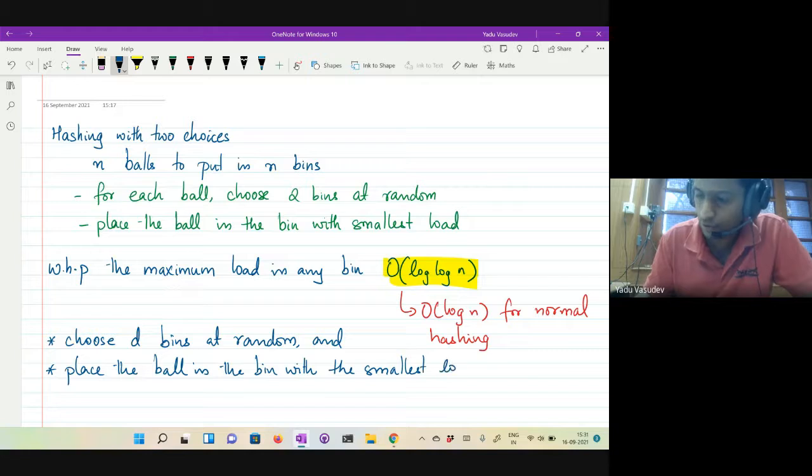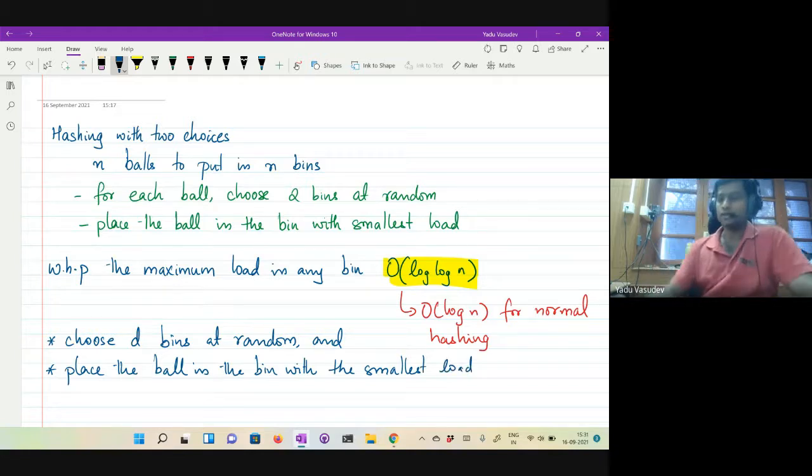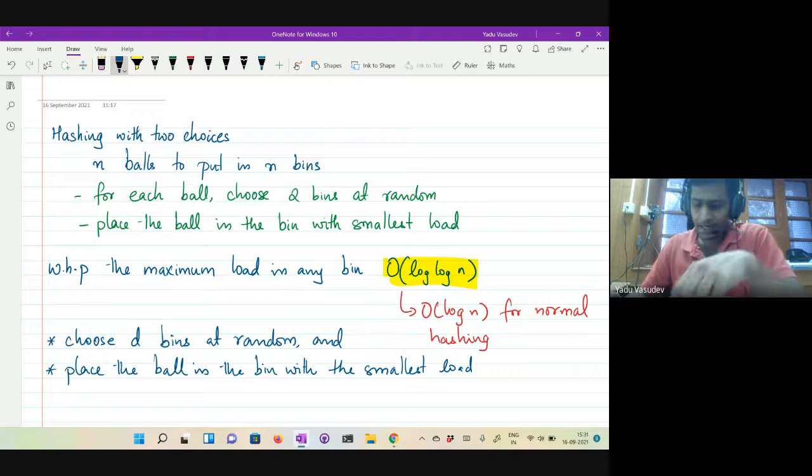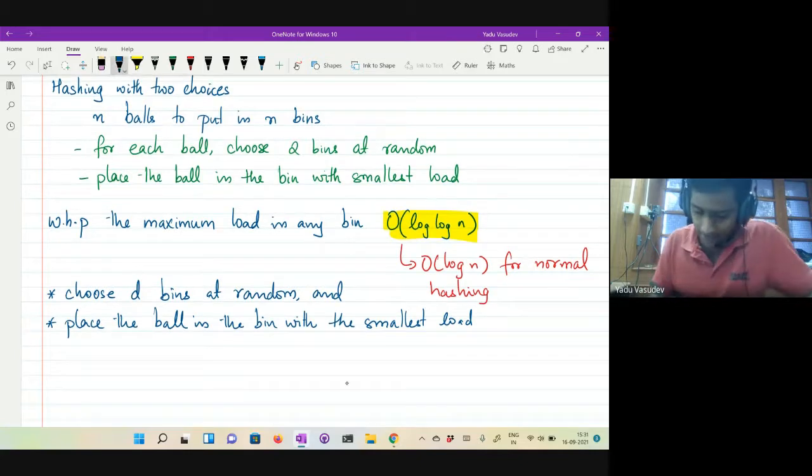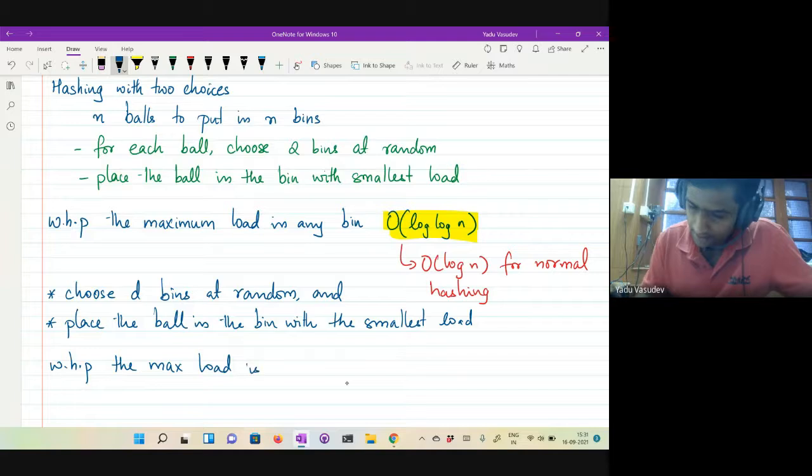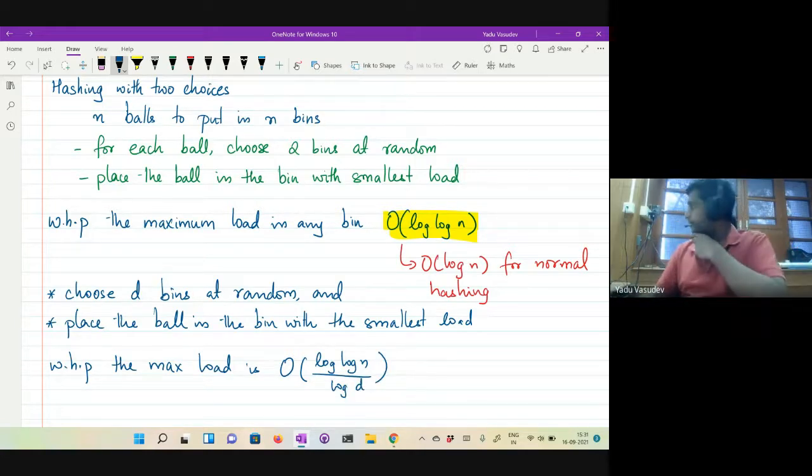Instead of stopping at 2, let's take some d. The way d affects the load is that with high probability, the max load is order log log n by log d. So the dependence on d is something like log d.